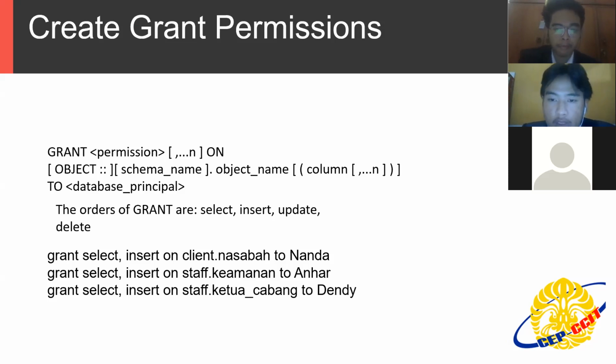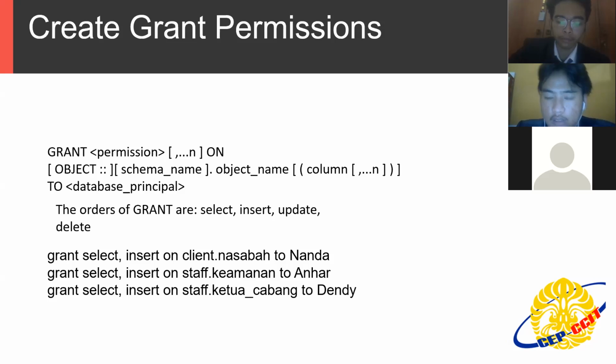In the previous slide, Nanda is listed as the client nasabah. But when the number 2, grant select insert on staff keamanan to Anhar.